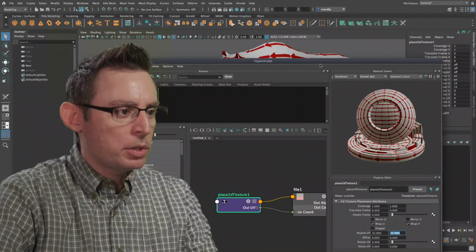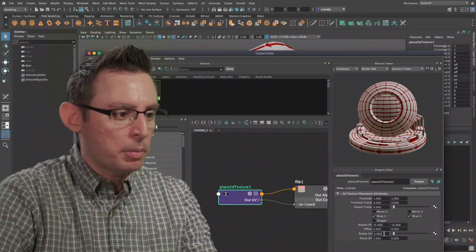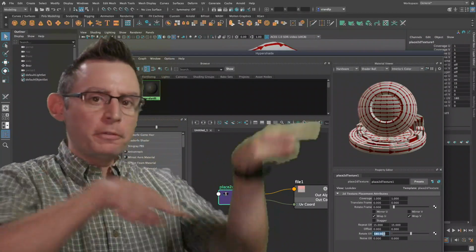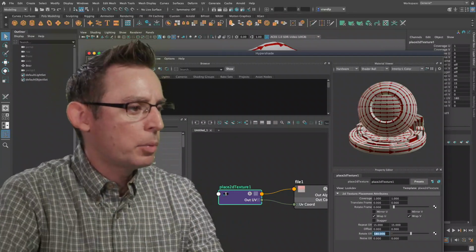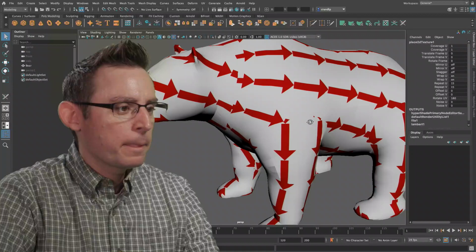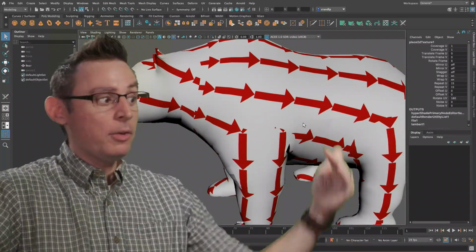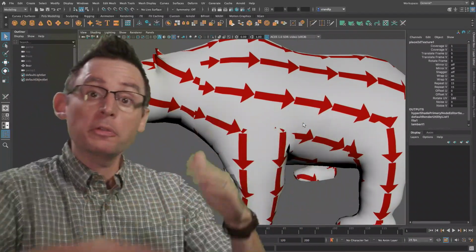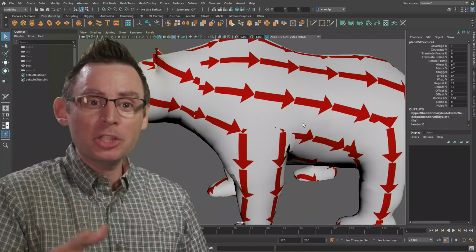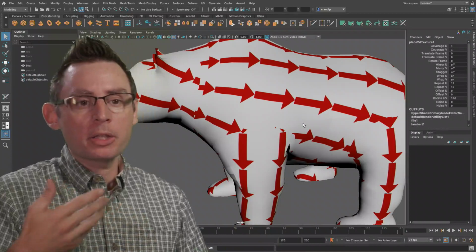And I'm also going to go into the rotate UV option down below and put this at 180. And that's just for me. That flips the image inside of the viewport, and now I can see pretty directly how all this is going to work. Now I can see, because of that arrow, the flow of my UVs, or the flow of the textures across the UVs, and I'm getting a great visualization on the areas that are working and the areas that are not working.